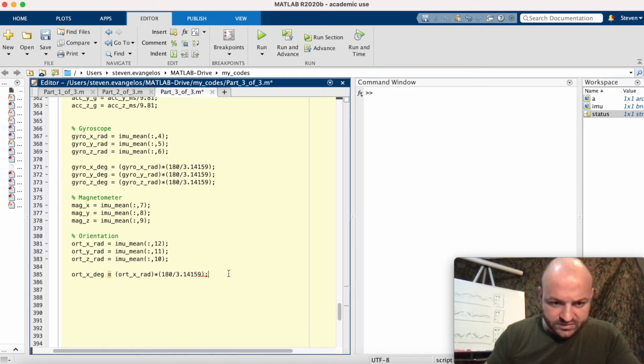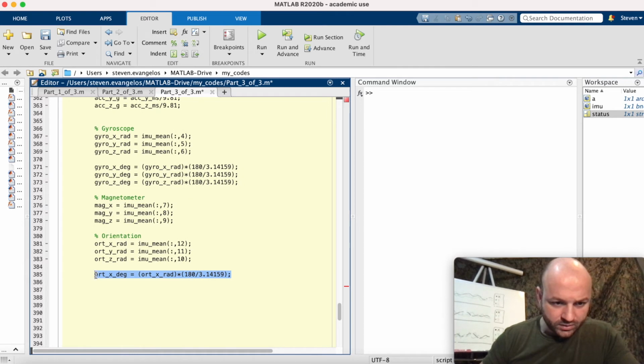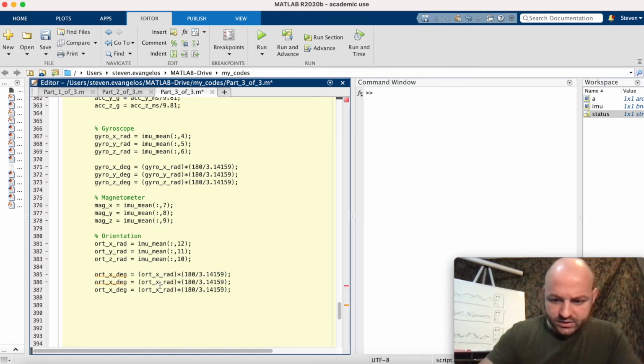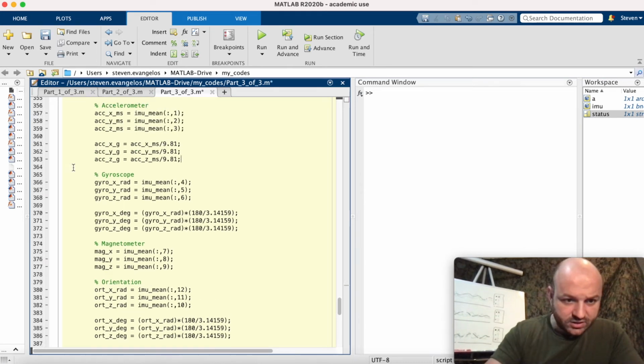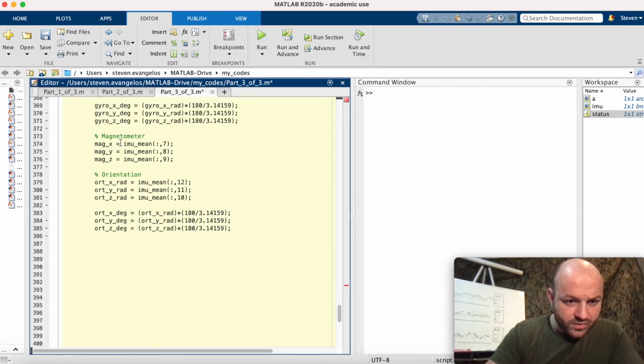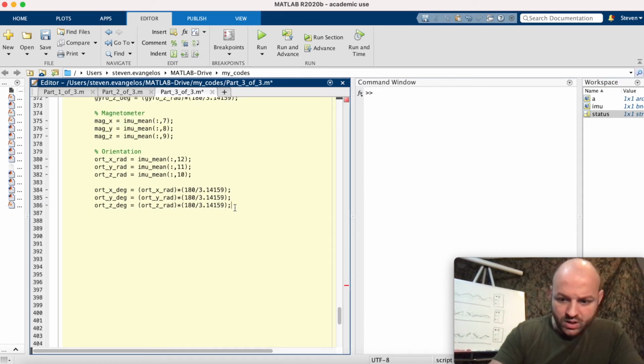Go ahead and suppress, and then we'll copy, paste it in 2 times, and we're talking about the orientation y, the orientation z, in order to produce degrees of x, y, and z. Good. The entire IMU, in terms of its motion capacity, is caught in these commands here. That's our data capture section. Now, I'm going to pull that IMU data matrix back in here, and I'm going to say